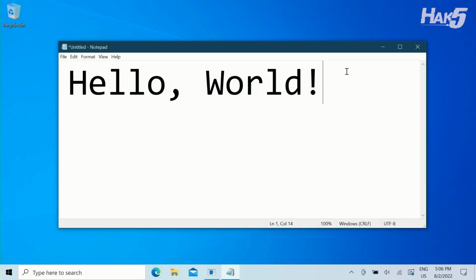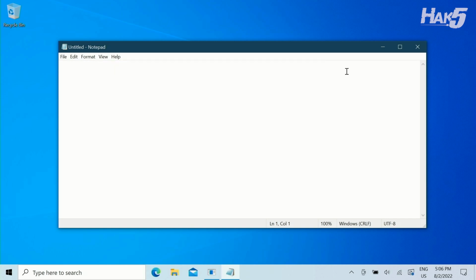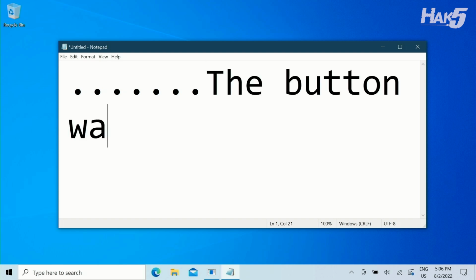And I'll switch over here so you can see. Let's clear this out. I like to just keep a notepad window open at all times when I'm developing. Go ahead and plug that in. And as we expected, it's just going to type a period every 1 second because it has that delay in there. All right, so now I'll go ahead and squeeze the USB Rubber Ducky or press the button, and